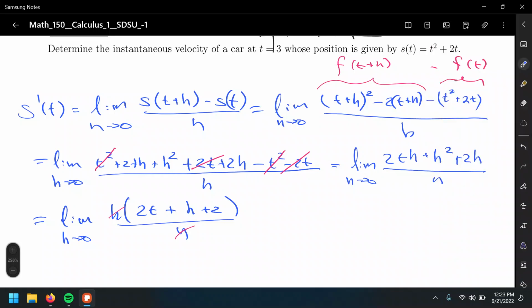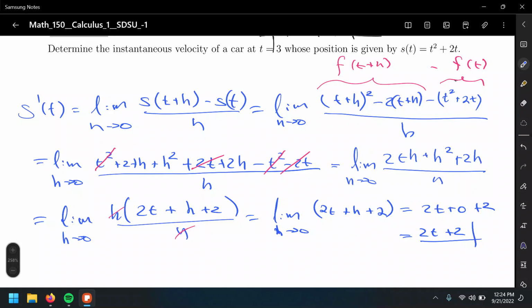So now that we got rid of these h's, that's going to leave us with 2t plus h plus 2. So this is plugging in h equals 0. This is 2t plus 0 plus 2, and this is 2t plus 2. Alright, so that's the final answer to the limit. Yes, it's a lot of crunching numbers and symbols,